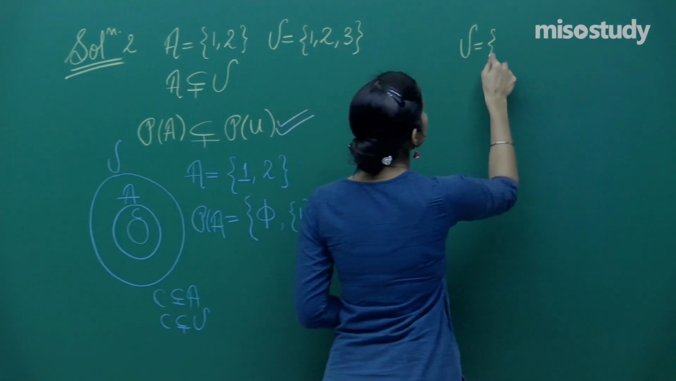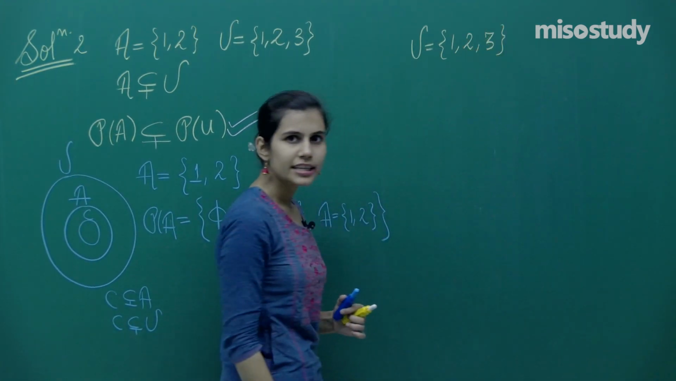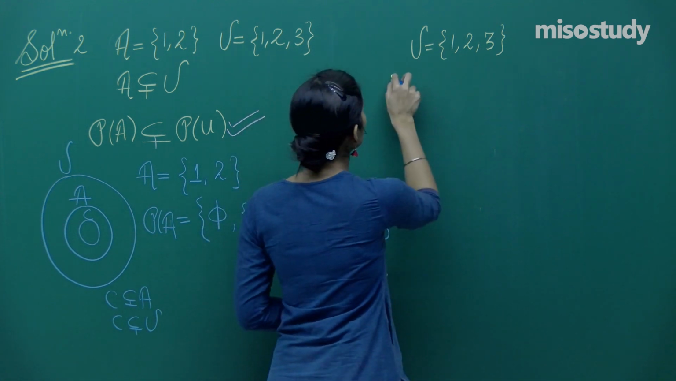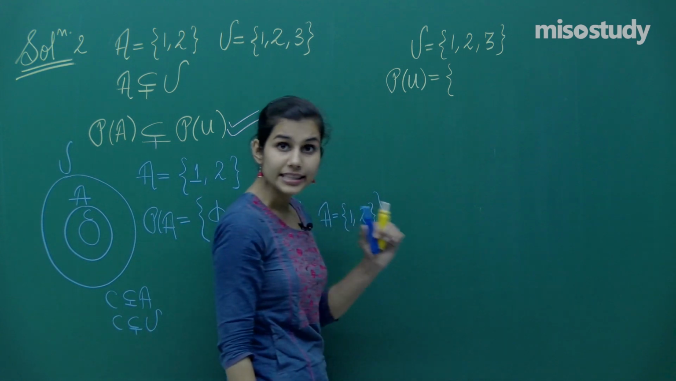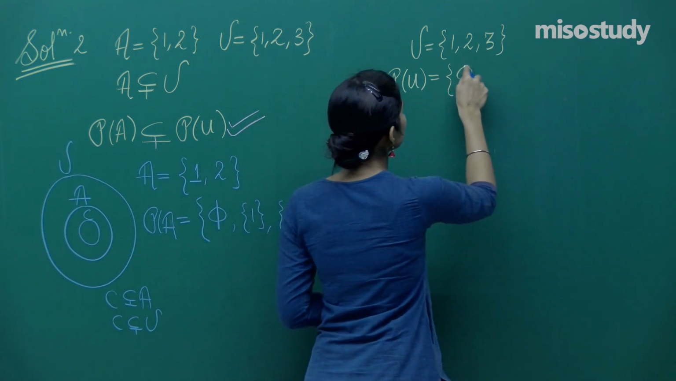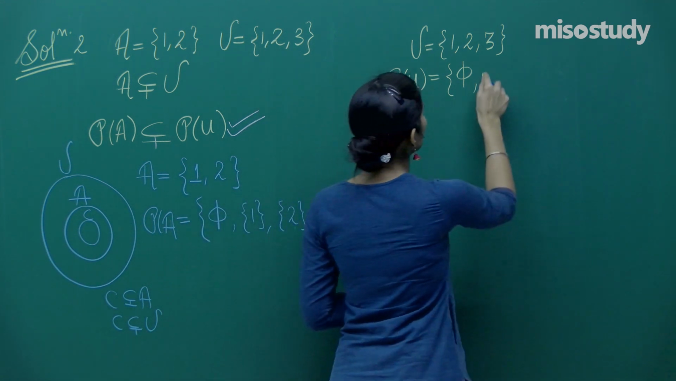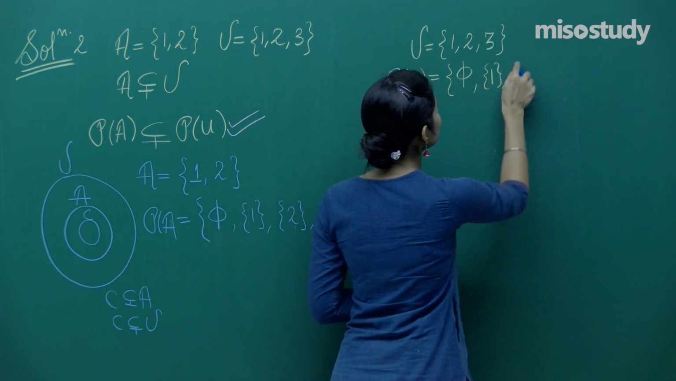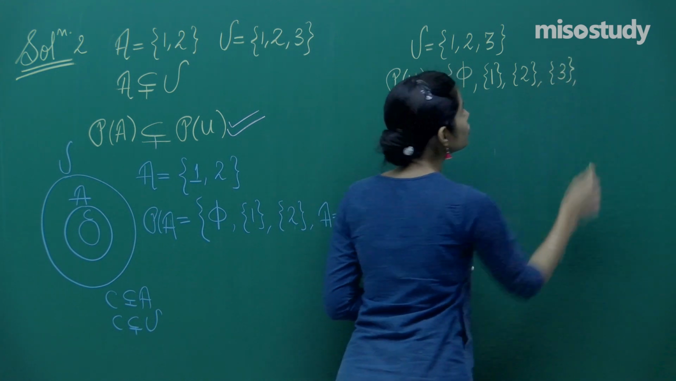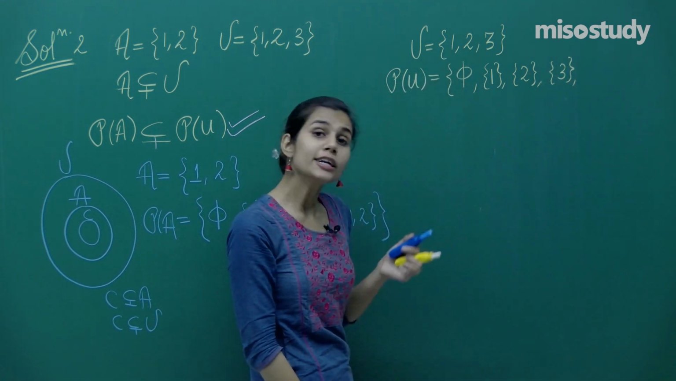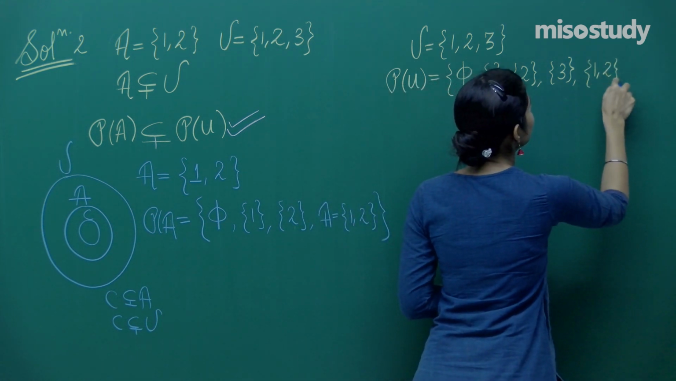Because my U is {1, 2, 3}, what do you think is my power set of U? Power set of U is the set of these subsets. First, borrow nothing, then borrow one element from U, from which you get just singleton {1} or singleton {2} or singleton {3}. Now start borrowing two members from U and you will get either this